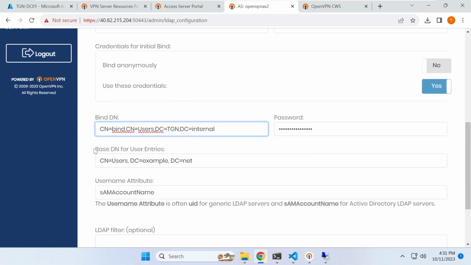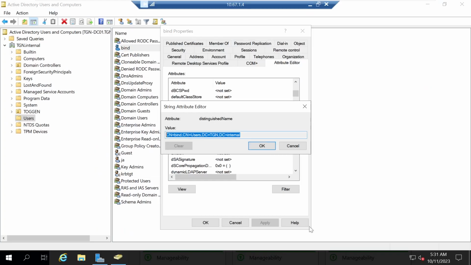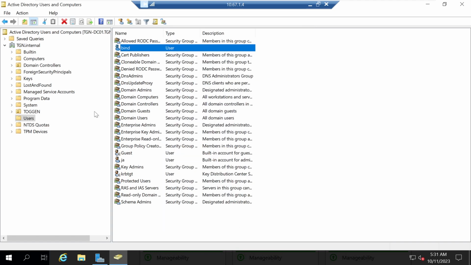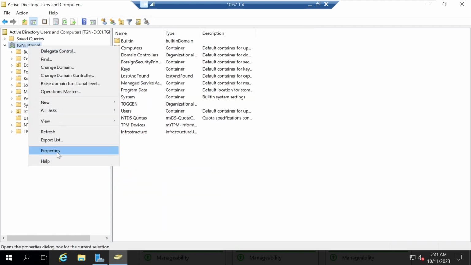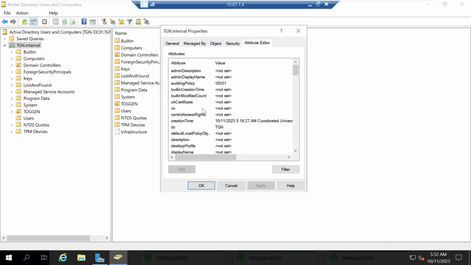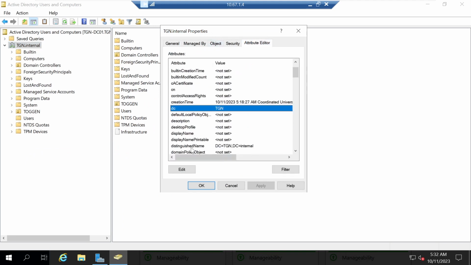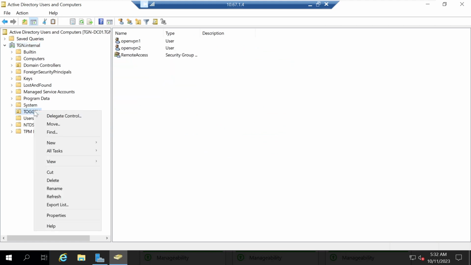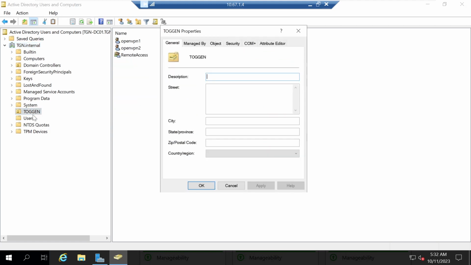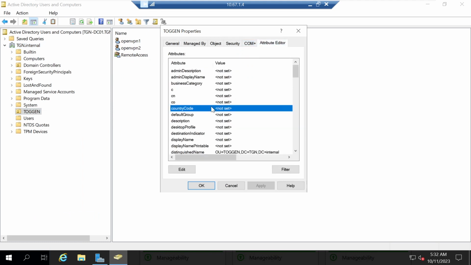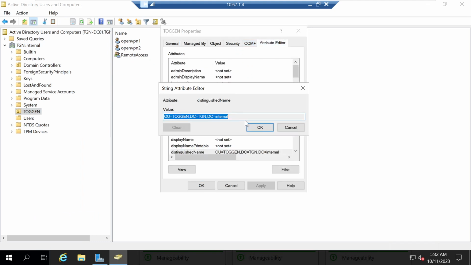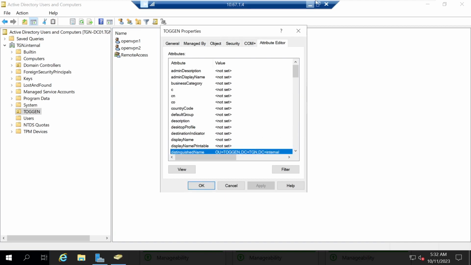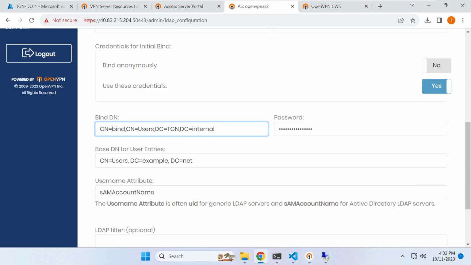Now the next thing it's asking for is the base for user entries. So again, we can go back in here, and we could do it right at this top level if we wanted to. Go to the attribute editor, go to distinguished name, and say everything below that we can use as a login, but we don't really want that. We want to limit it. So we'll go to the properties of the OU we've created, go to the attribute editor, and we can see the distinguished name there set for that OU. And so we can say